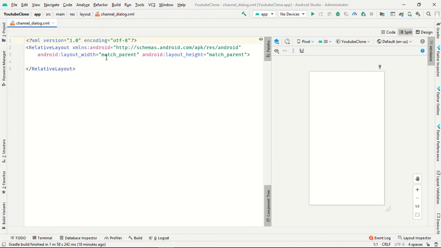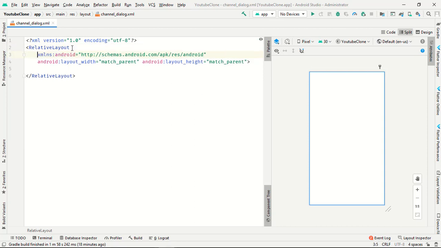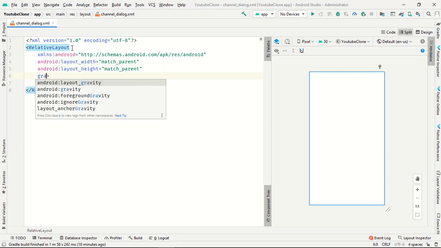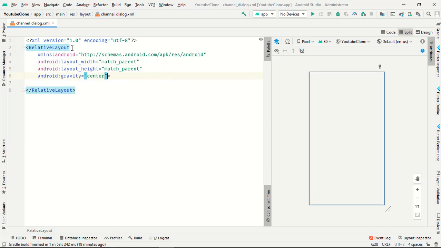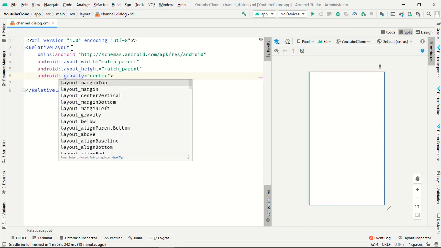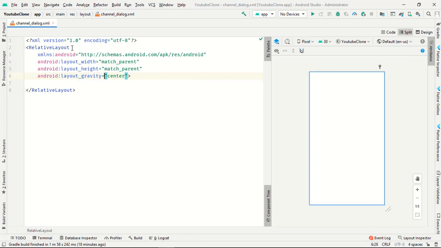Perfect. Now we need something called gravity in the center. Layout gravity center, and the background will be white.